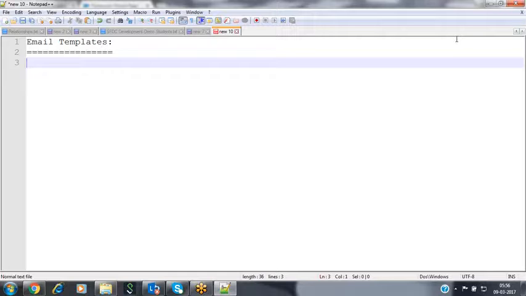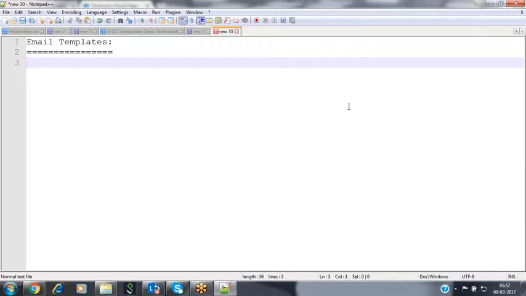While sending that email notification, there is no need to type the subject and the content every time. We can prepare a draft of the subject and the content, and then use that same draft while sending the email notification to all the people. Template means what? A draft.